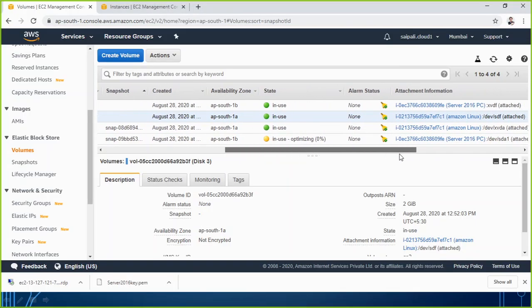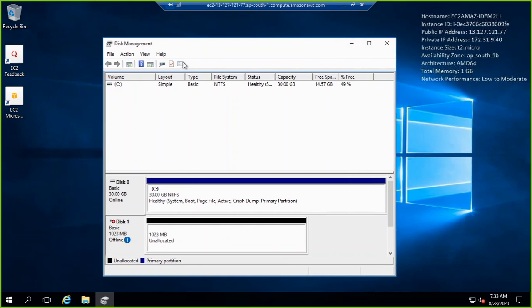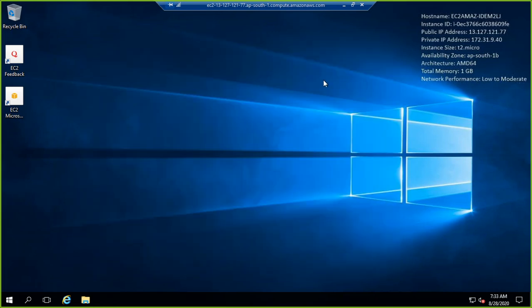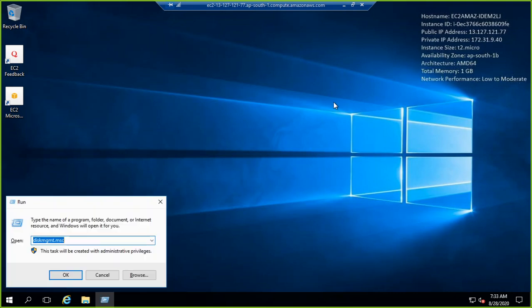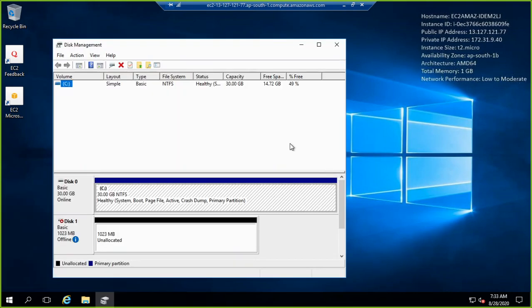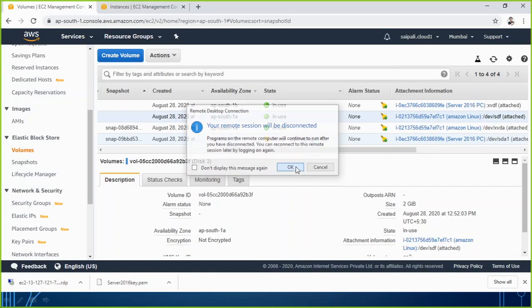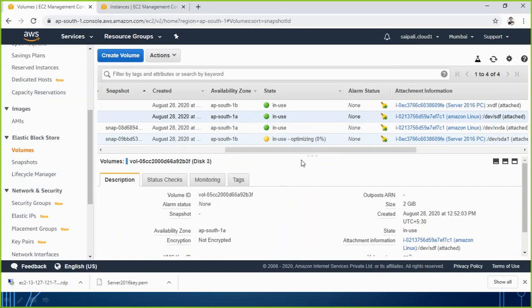Is there anybody who is finished with it? Yes, you see these ones have gone to 100%. So if you want to see the result, let me show you the result here. Let me just refresh it. Let me just open disk management again. It is still showing me 1 GB. So maybe I just disconnect and connect it once again.